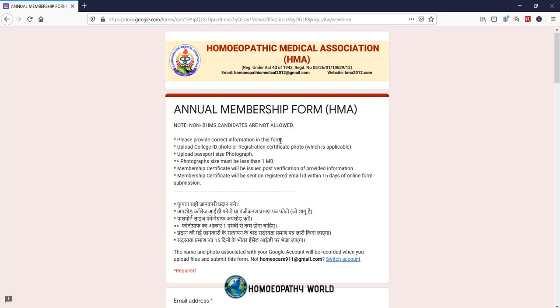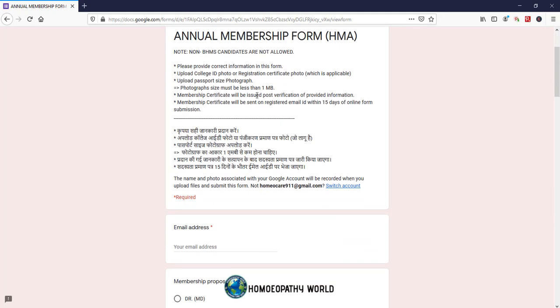Upload your college ID photo or registration certificate photo, whichever is applicable. Upload passport size photo. Photograph size must be less than 1 MB, and membership certificate will be issued post verification of provided information. Membership certificate will be sent on registered email ID within 15 days of online form submission.